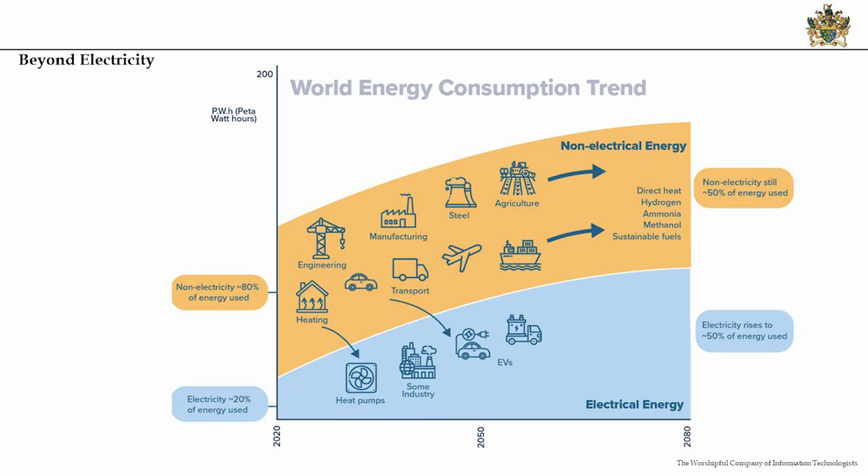Because I work in the commercial pathway team, and our job is to think about what the commercial fusion sector is going to look like, we need to think about what the energy sector is that these fusion plants are going to operate in. And that's quite difficult because we're talking about relatively long timescales. For fusion to be making a substantial impact on the energy system, we're probably talking the second half of the century, so 2050 and beyond.